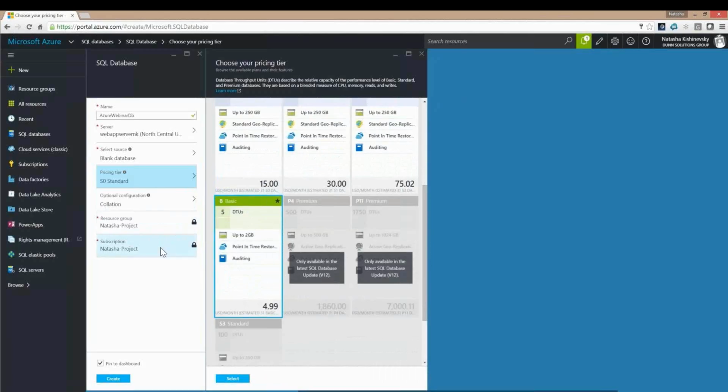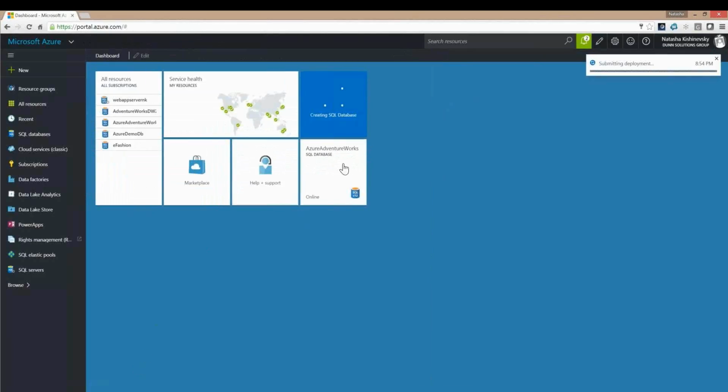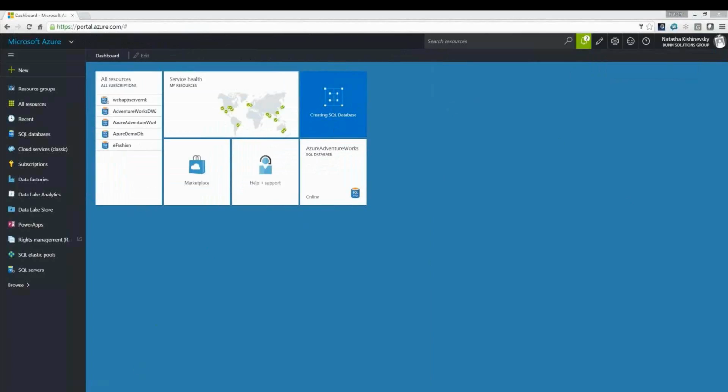My resource group is basically related to my subscription. So the administrator has rights to change that. I really don't. So this is basically everything that's available for me within the organization. So I'm going to go ahead and create my webinar demo database. This process may actually take a few minutes. So while it's creating the database, what I'm going to do is show you